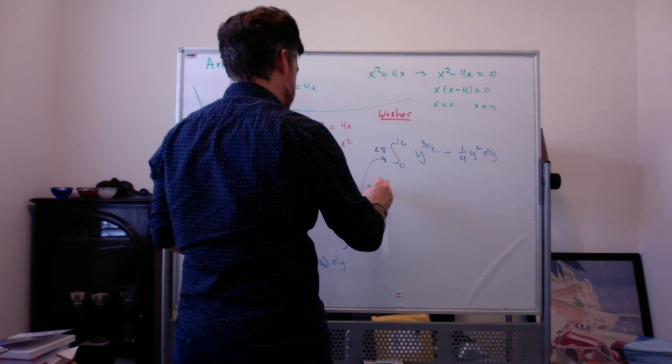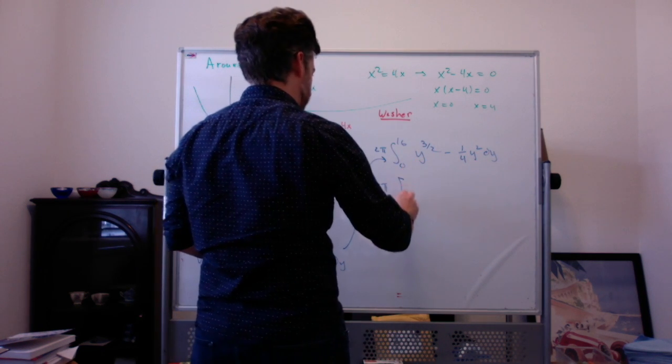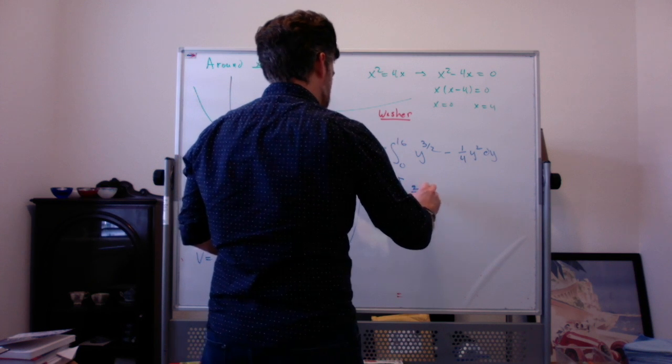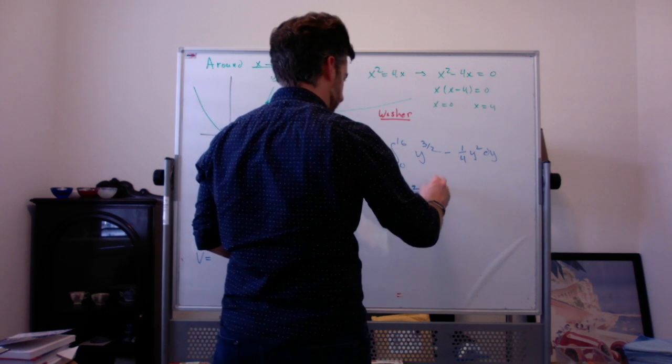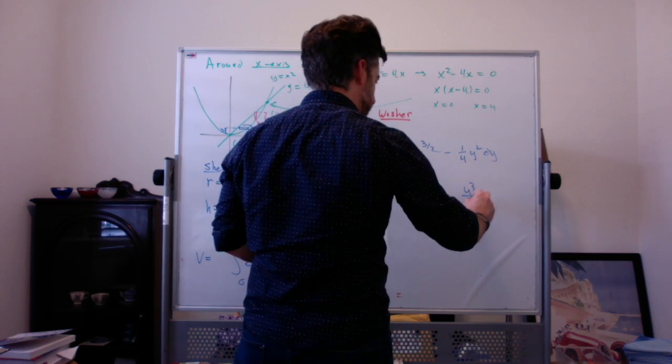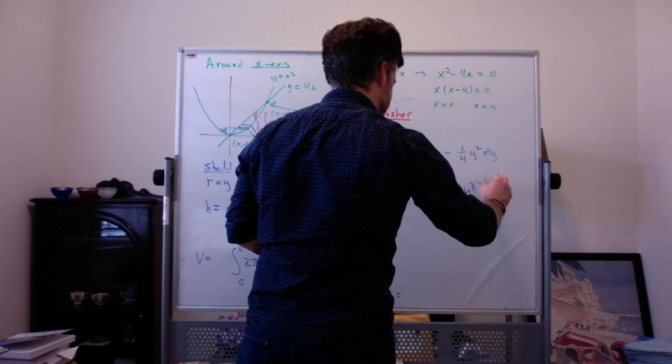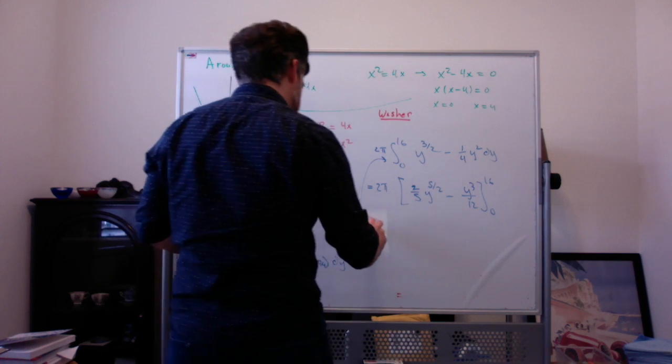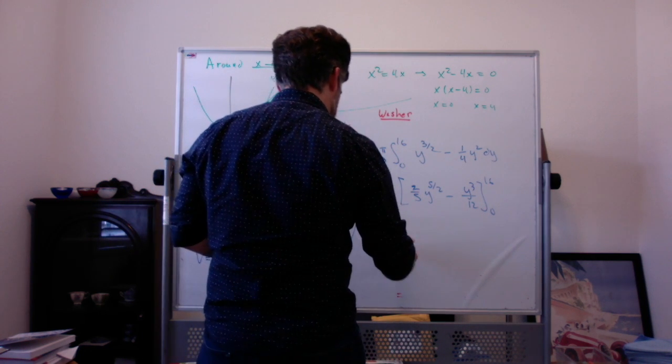Okay, integrating, we get 2 pi times, the integral of y to the 3/2 is 2/5 y to the 5/2, minus y cubed over 12, from 0 to 16. The numbers are not pretty. It's 2 pi times